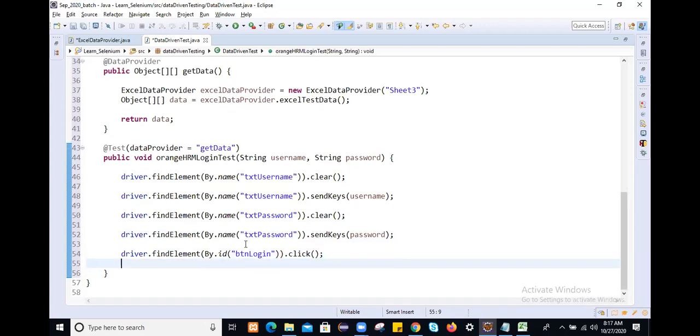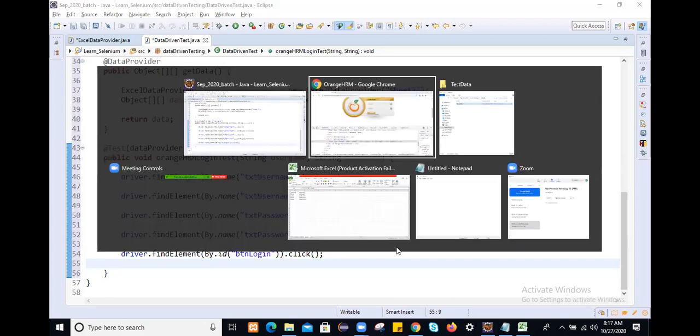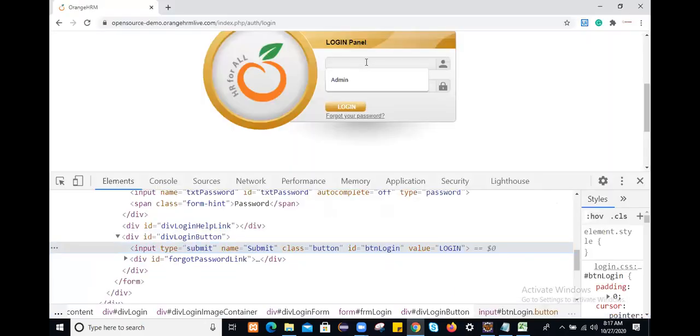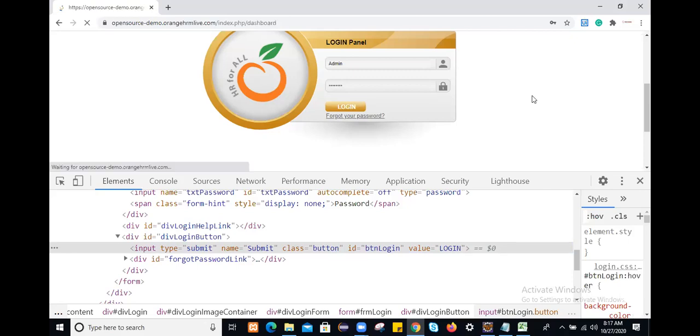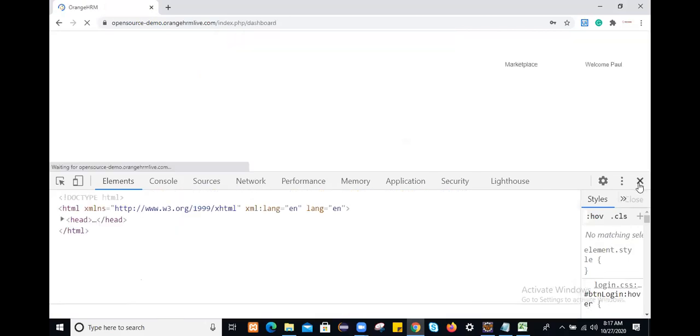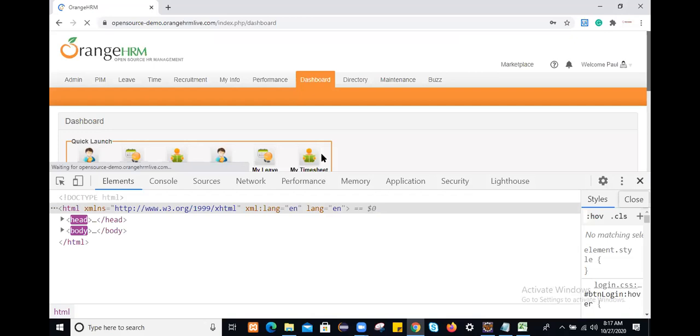And once we log in to the application, what will we do? We will log out from the application. So let's suppose with a valid username, if you perform the login, okay.